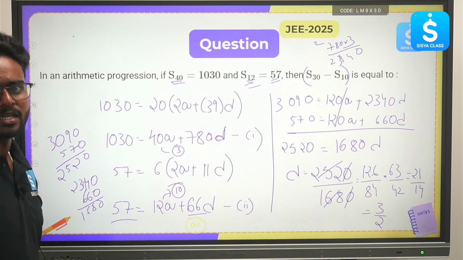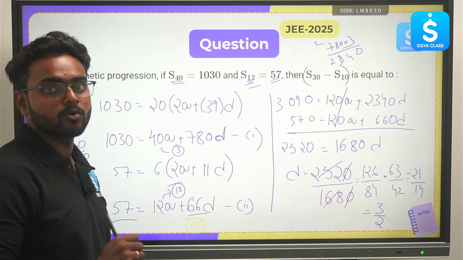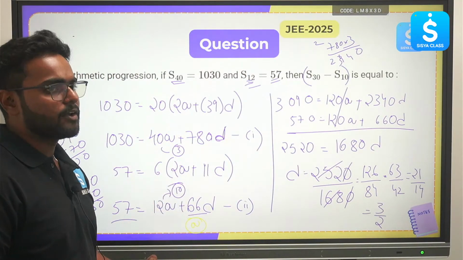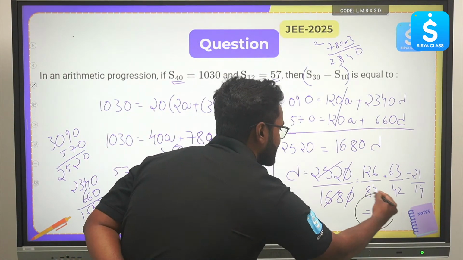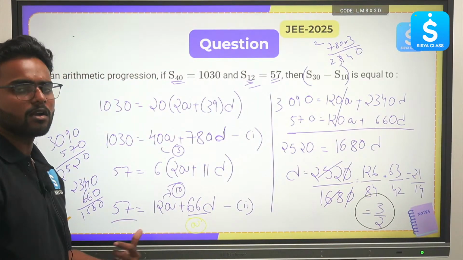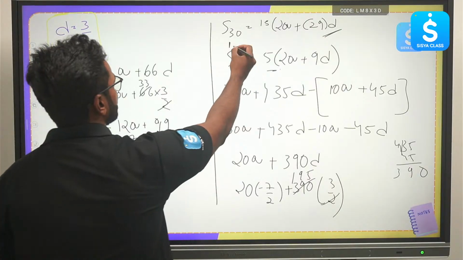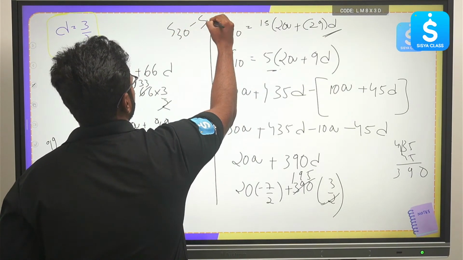What we have done in this question is we used S40 and S12 to remove the value of A by multiplying one equation with 3 and the other one with 10, with which we got the value of D. By using D, we found out the value of A, and using the value of A, we finally found out the value of S30 minus S10, which is